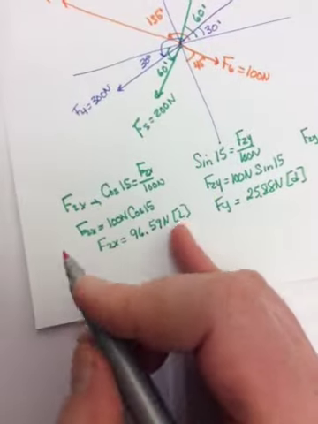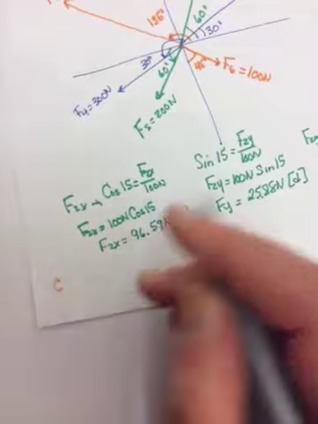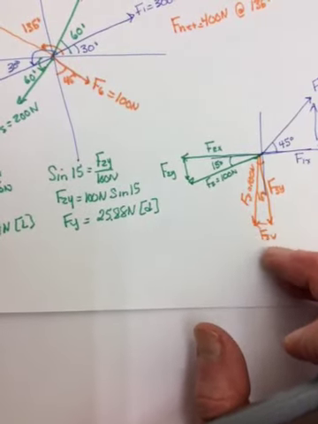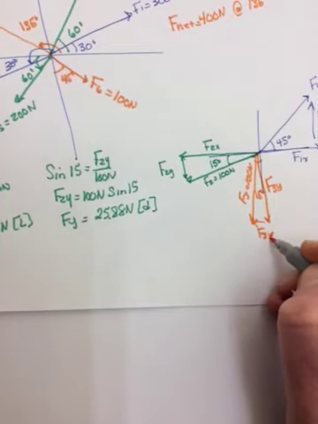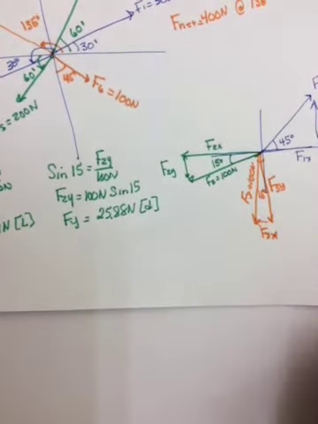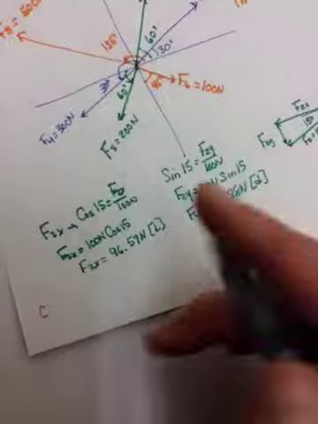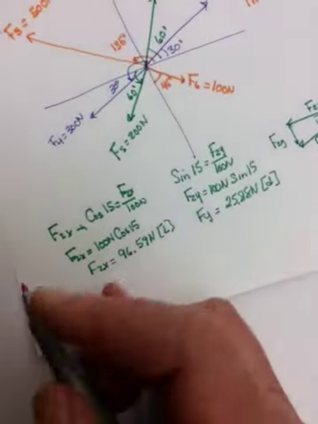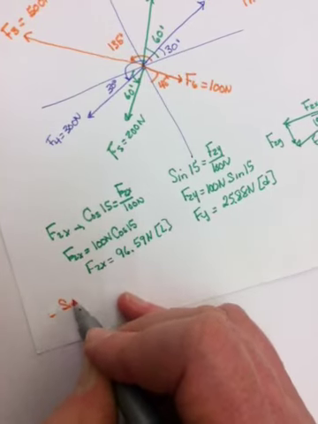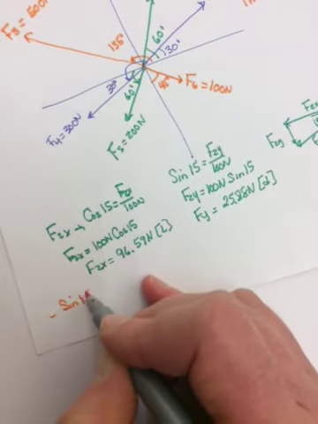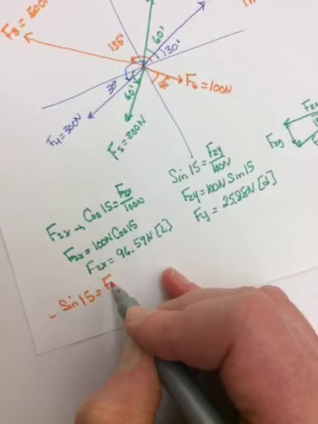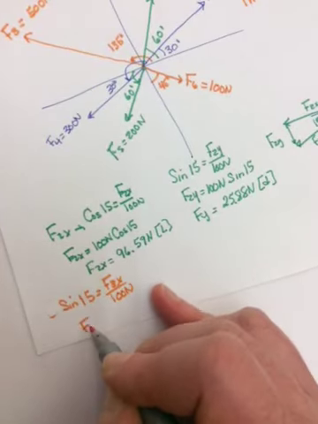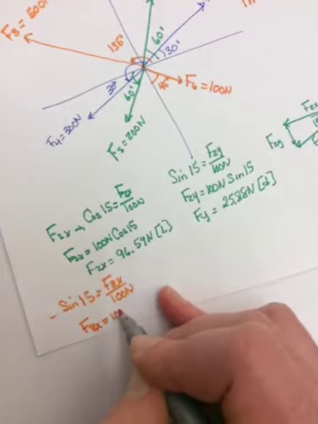Now we need to do the same thing for F3. So again, if you look, the x component this time, this is x down here, is the opposite side. So it's not going to be cos, it's going to be sine. I'm going to run out of time. So it'll be sine of 15 is equal to F3x over 100 newtons. So F3x will equal 100 newtons